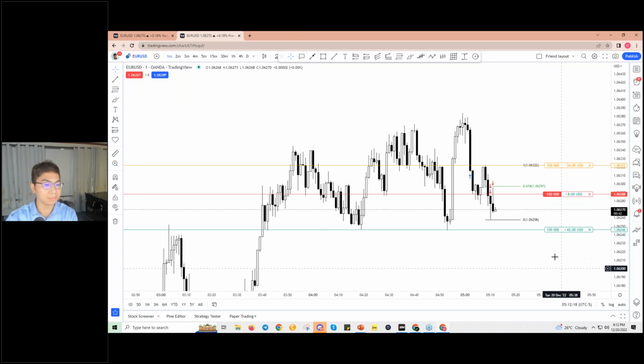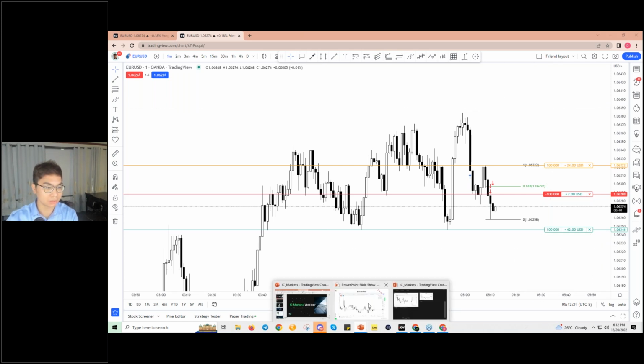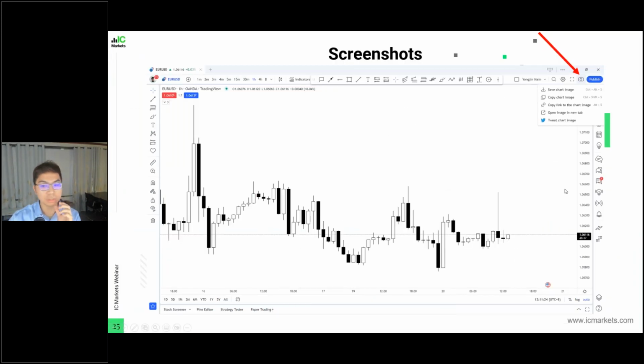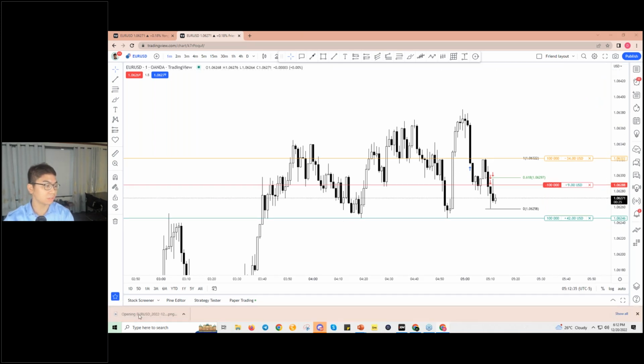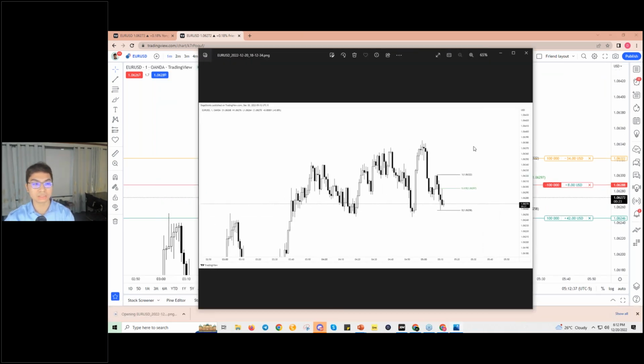Okay, maybe it's taking a while. Let me move back to the charts first. Screenshots. Oh yes, I was on the screenshots. So on the top right hand corner, there's a camera icon. You can save your chart image to your computer, press save. It's downloaded right here. It's all saved. You can send it to your friend, or save it for other purposes,